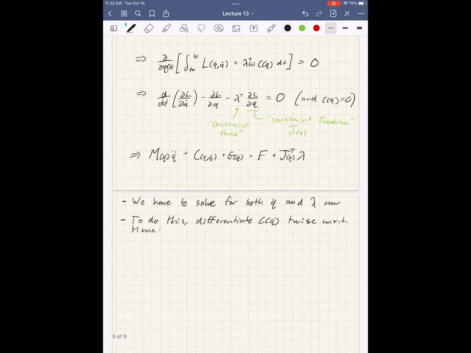Okay, so we've got d squared c dt squared equals, so first thing we'll do is one derivative